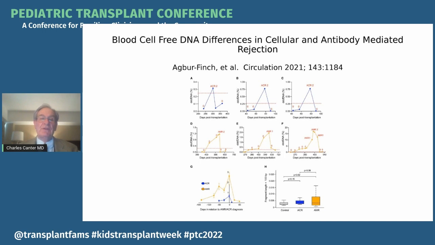Now, it also happens in cellular rejections, you can see up here, but you see that the time course is much longer. So there is potential with routine surveillance with AlloSure that you can begin to detect rises due to antibody-mediated rejection before the biopsy becomes positive and before you have graft dysfunction and before you have graft failure. So people are beginning to hypothesize that surveillance with AlloSure, and you start seeing rises in a time when it's